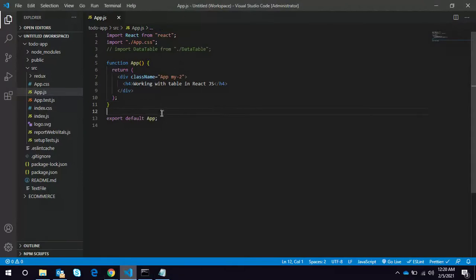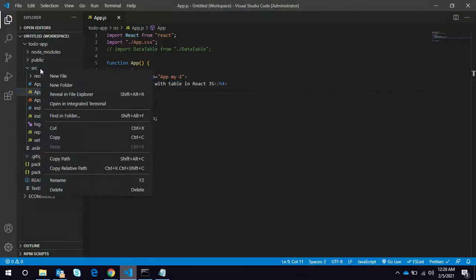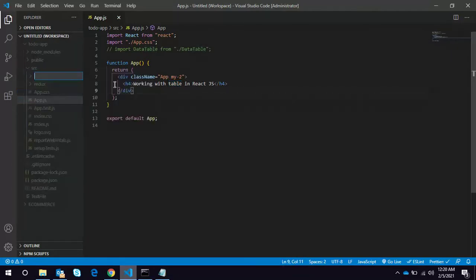So this is the starter app, and I have just cleared everything inside the App function and just given one heading. In the src folder, I'm going to create one folder, data table.